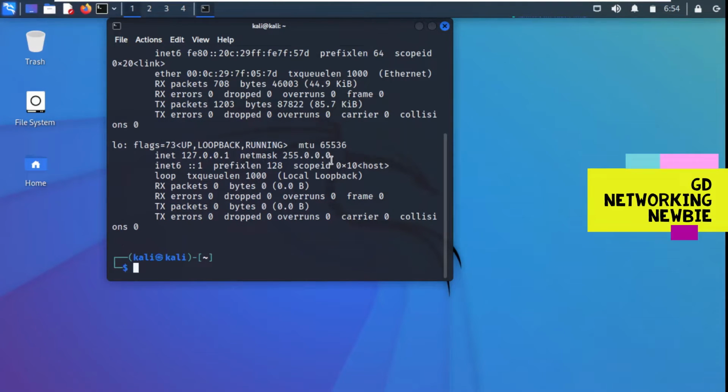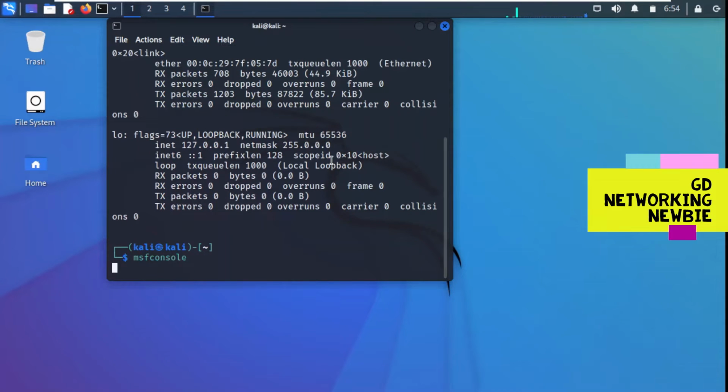Okay, now we want to use the Metasploit framework, and to launch it we have to run msfconsole and press enter. This will actually start all the databases required, and it will launch msfconsole, our Metasploit framework, so that we can attack our target machine, which in our case is Windows XP. It may take some time to load and get all these things ready for us. Once we are done with that,